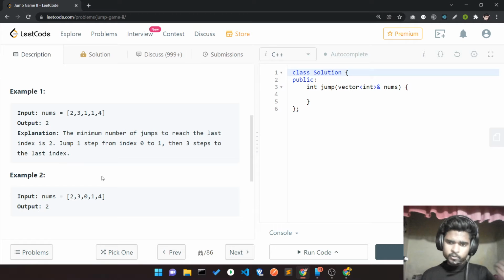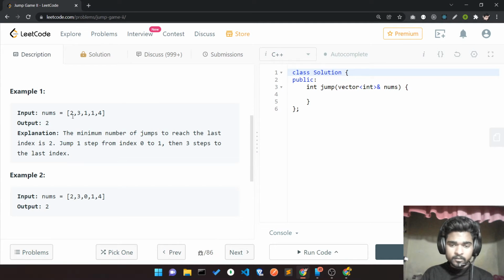I always try to be greedy. When I'm here, my current index is that, and whenever my current end and my index value are the same, then I'll make the jump. For better understanding, now i is equal to 0.